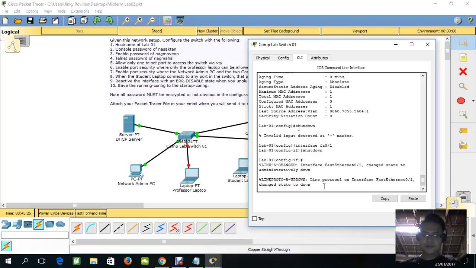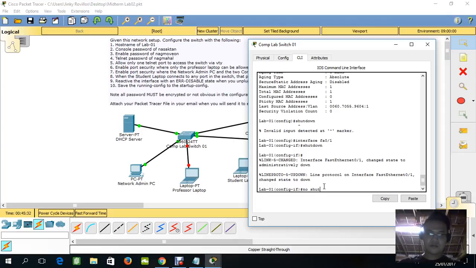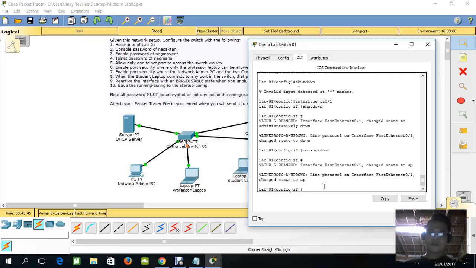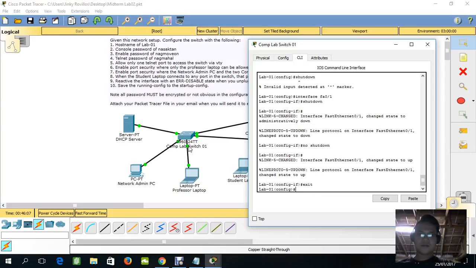After that, we are going to negate it, with no shutdown. And then, as you can see here, we're just waiting for this button to turn green. Then we're going to type exit.